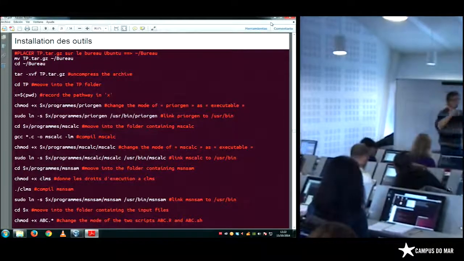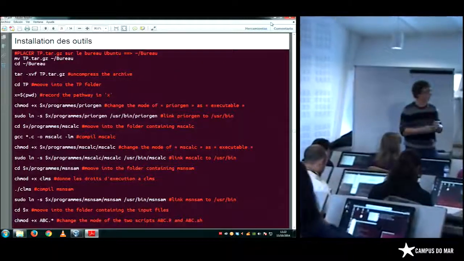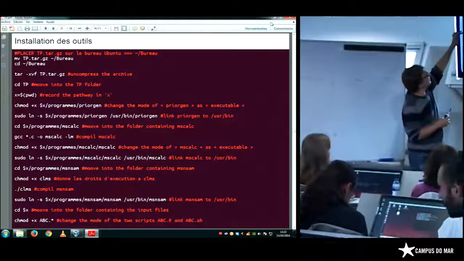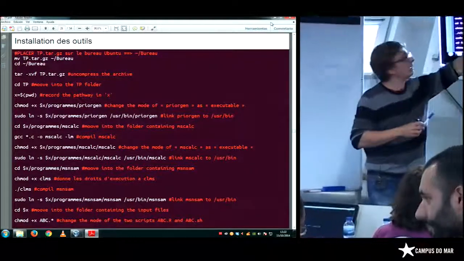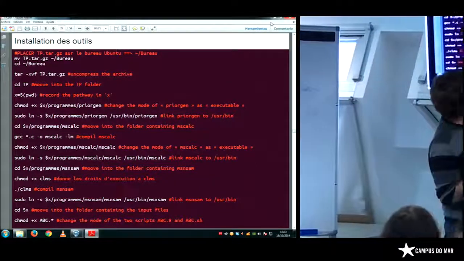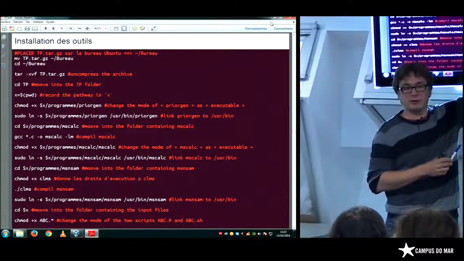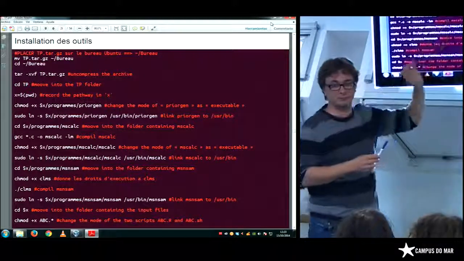Then we have to prepare the software we are going to use. The first software we have to prepare is PriorGen. This line changes the mode of PriorGen to be an executable. You simply have to write this.